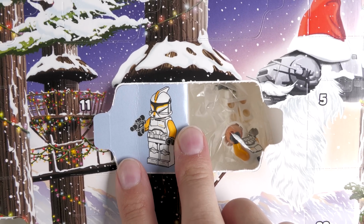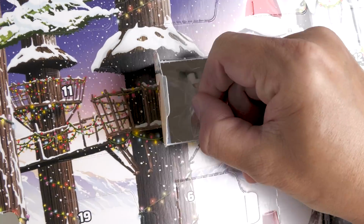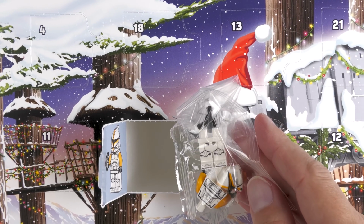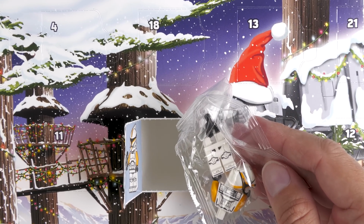Yellow, is that Commander? I'm not sure. He's got a blaster, nice shiny helmet, which is always good. Nice printed parts as well, so let's put this clone trooper, general or commander together and we'll take a closer